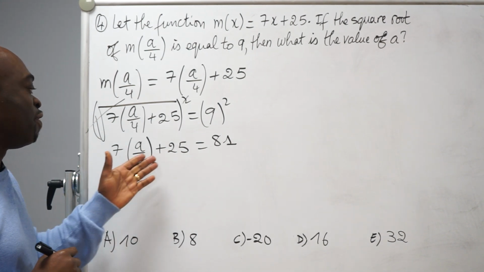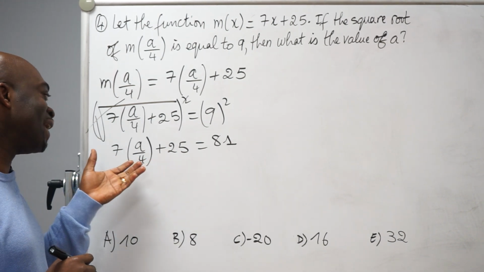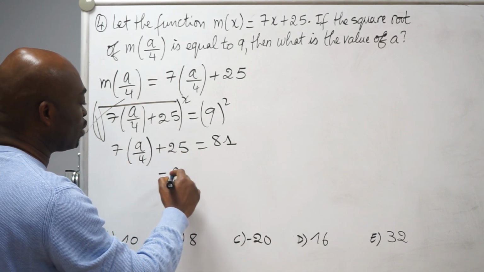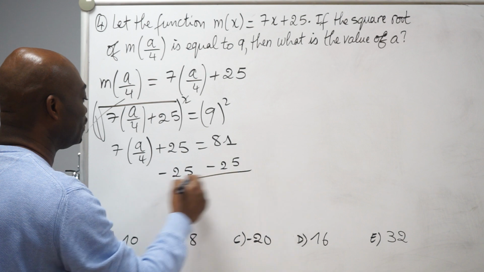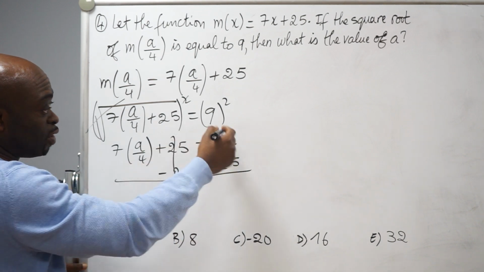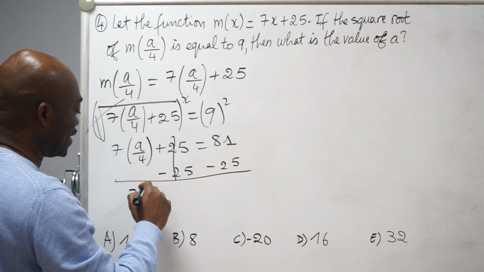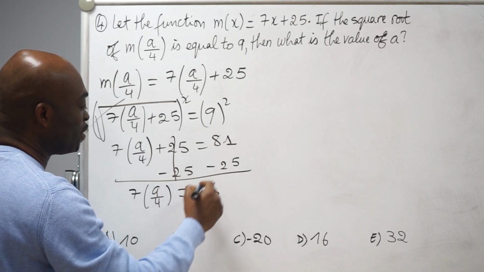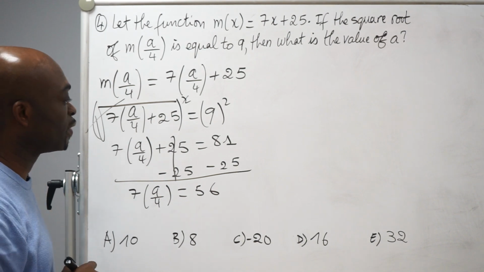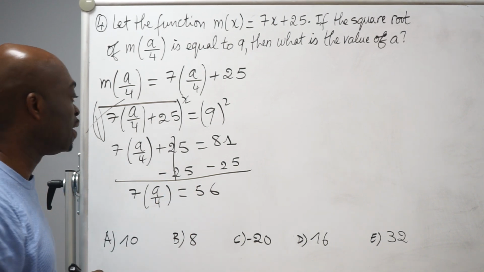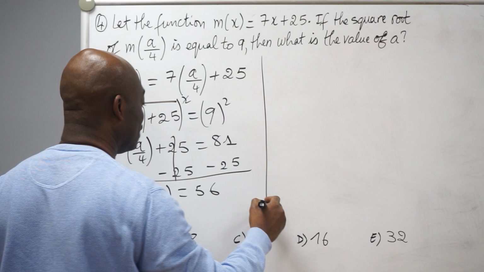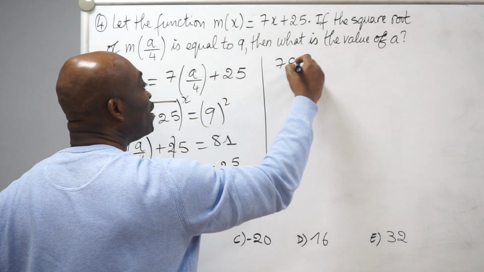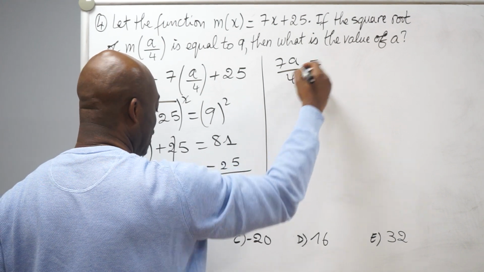Are we good so far? From here we can now solve for a, right? So now we can just do what? Subtract 25 from both sides, so that we can cancel it from here and combine it with the 81. So we end up with 7 times a over 4. That is equal to what? 81 minus 25 is 56. All right, so that gives us 56. And now we take it and move it to this side. So that's the same thing as having 7a over 4 equals